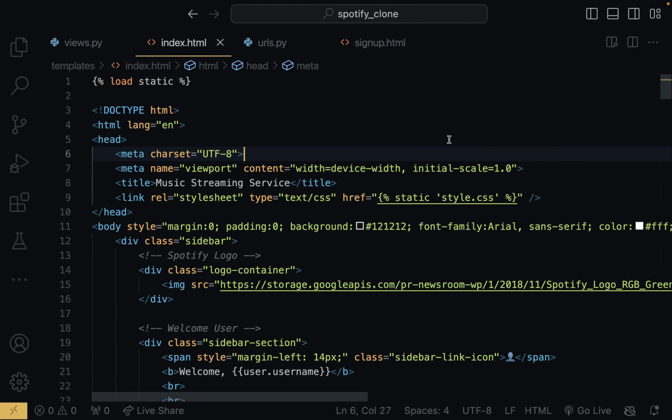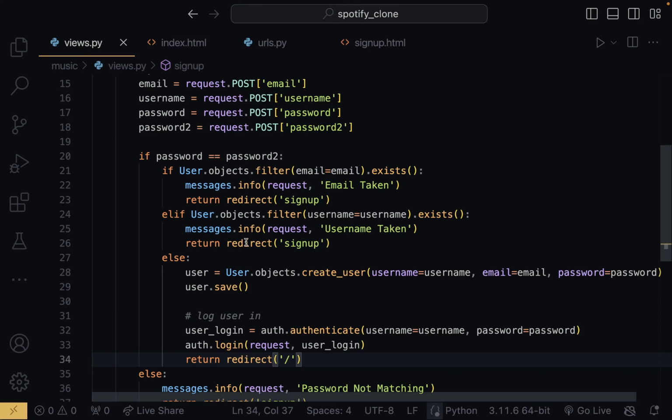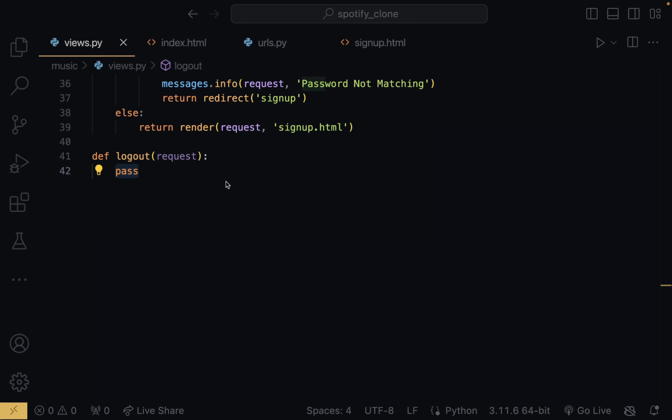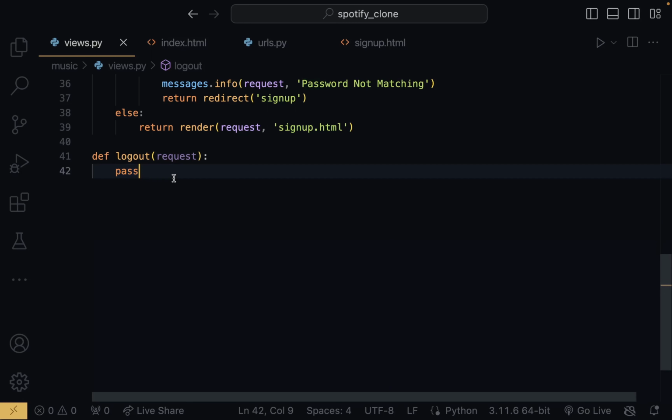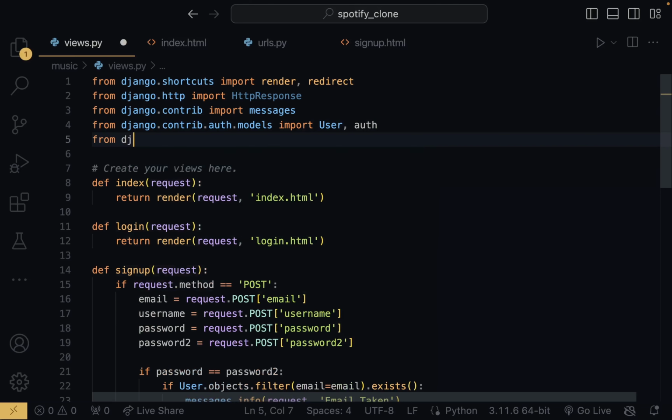So what I'm going to do is come back in here, and I'm going to come into URLs. We already have the URL, but for the view, I'm going to come into logout. So in this logout view, we just need to make a user be able to log out. The first thing I'm going to do is make sure that a user is logged in before they can access the logout view. For me to do this, I need to use a decorator named login_required. So I'm going to say from